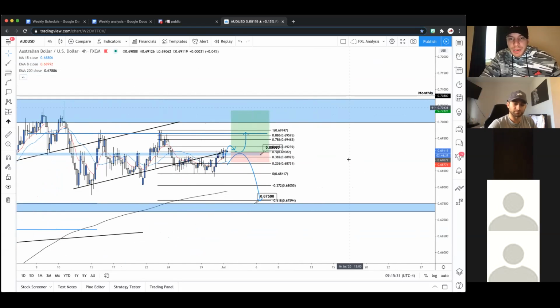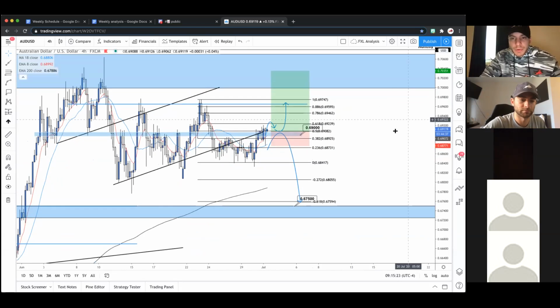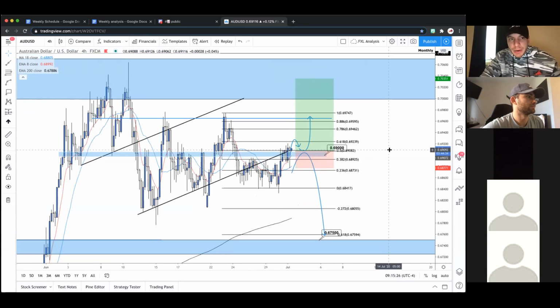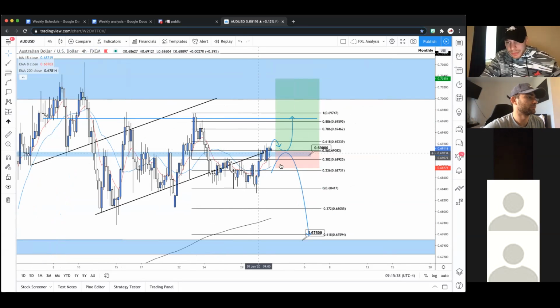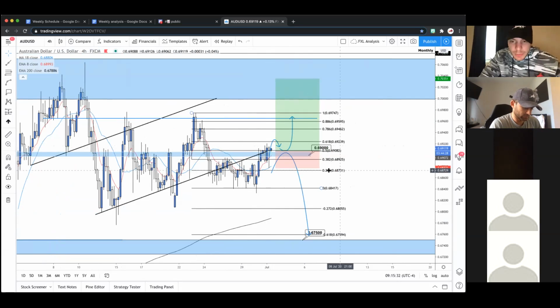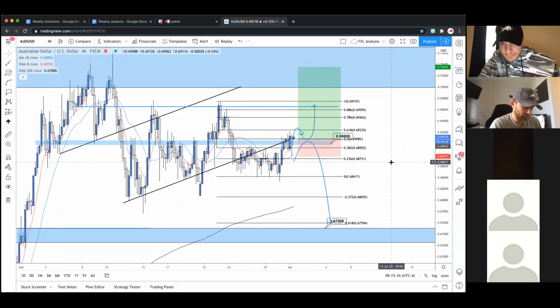But for right now, the overall sentiment is very bearish on the daily. So I definitely want to see this fall out first. I want this to be a lower high. But again, we'll see what the market does for us. For right now, this one's just a waiting game.